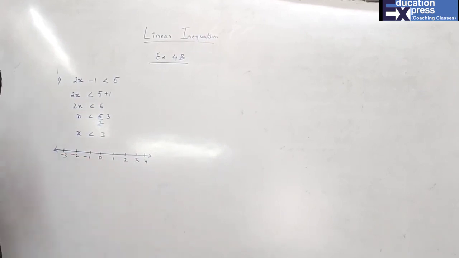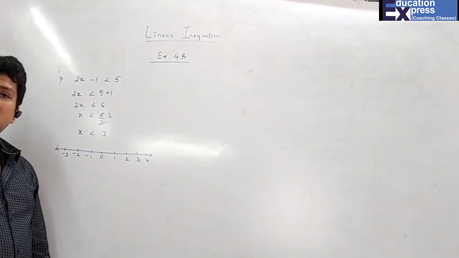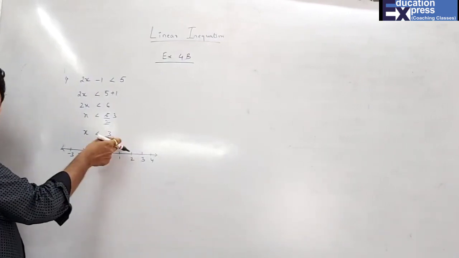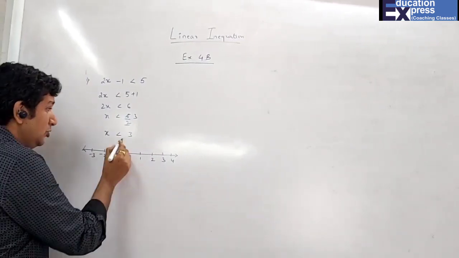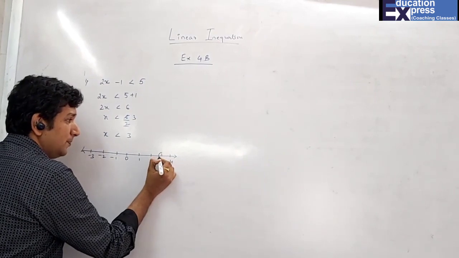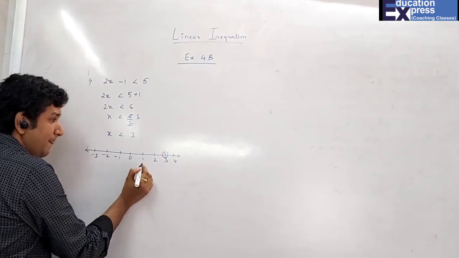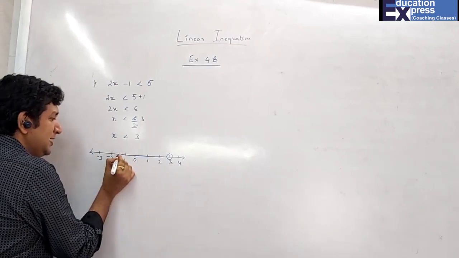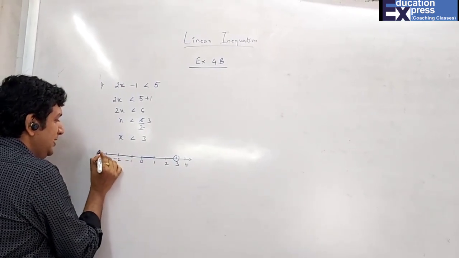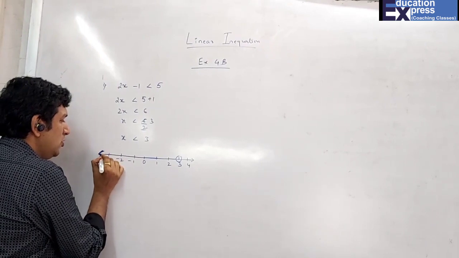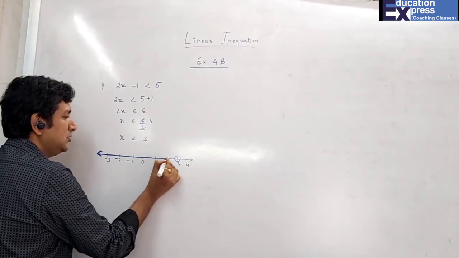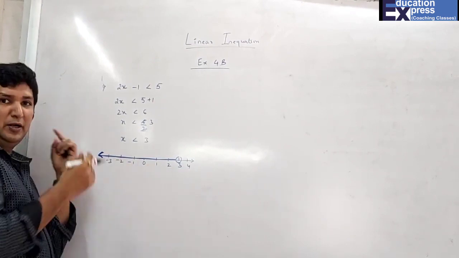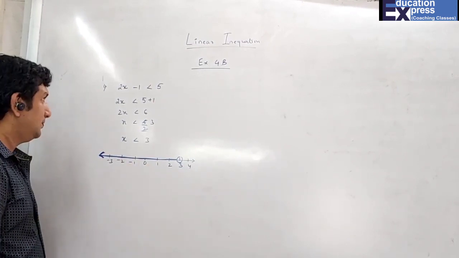So why negative? It's a real number. Real number includes everything, positive, negative, everything. So the limit is only this. On one side they give the limit. X is less than 3. So it's not included, so hollow circle. And then throughout on the other side there is no limit given, meaning this will be shown as a dark arrow and the entire thing will be a dark line. That means from 3 to here everything is included and it's infinite.